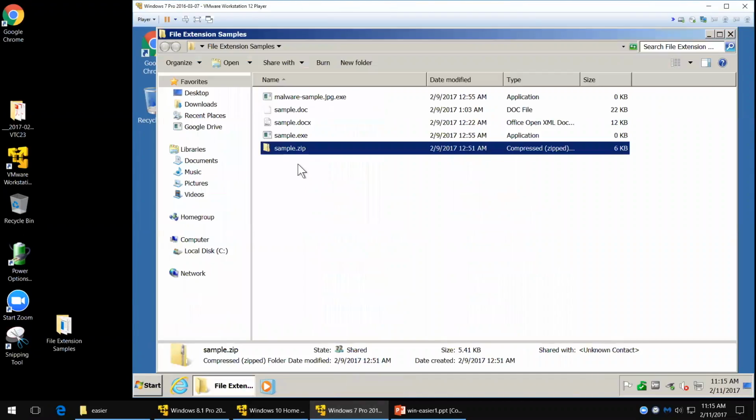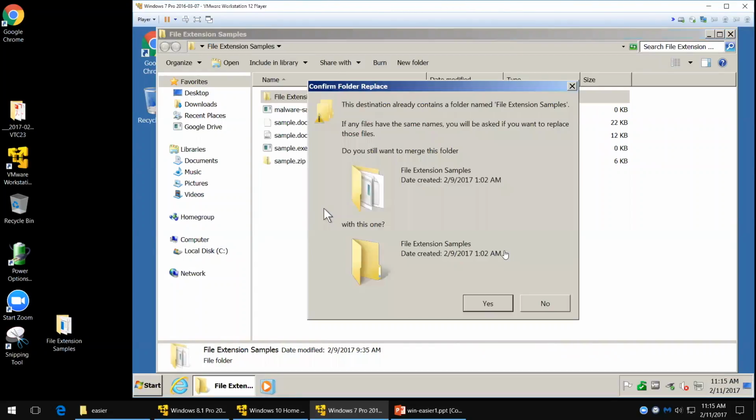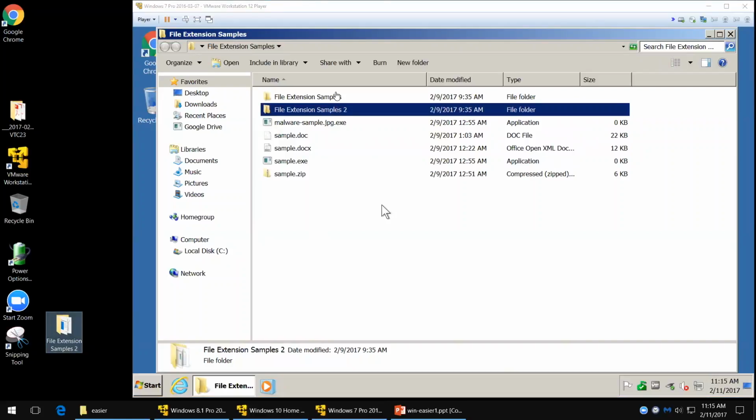Now I'm going to get folders, and I'm going to have to probably drag in a folder to make this demonstration. All right. Now, I'm going to drag in a second one just so I have more than one in there. And no, it doesn't like it, so I'm going to have to change the name. All right, I'm going to change the name and call it Samples 2. Okay. All I'm trying to tell you, now they have samples, and I've got 2 folders and a bunch of files in my folder here, right? In this folder called,